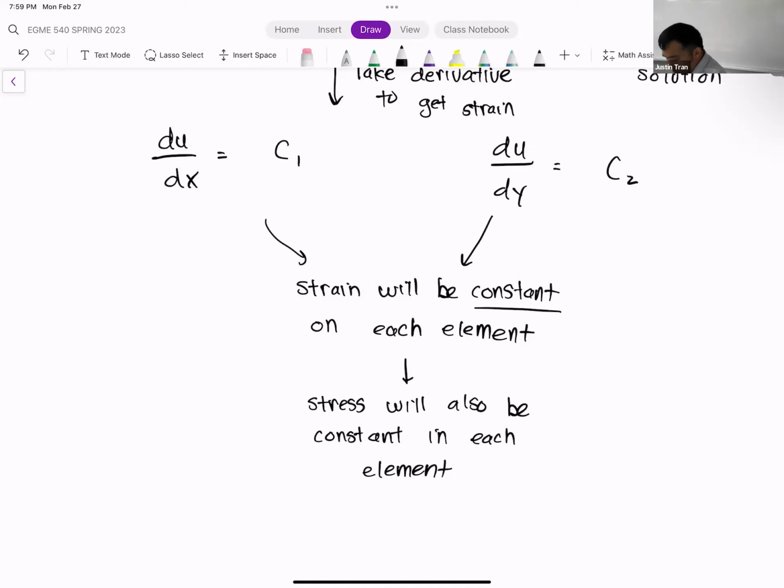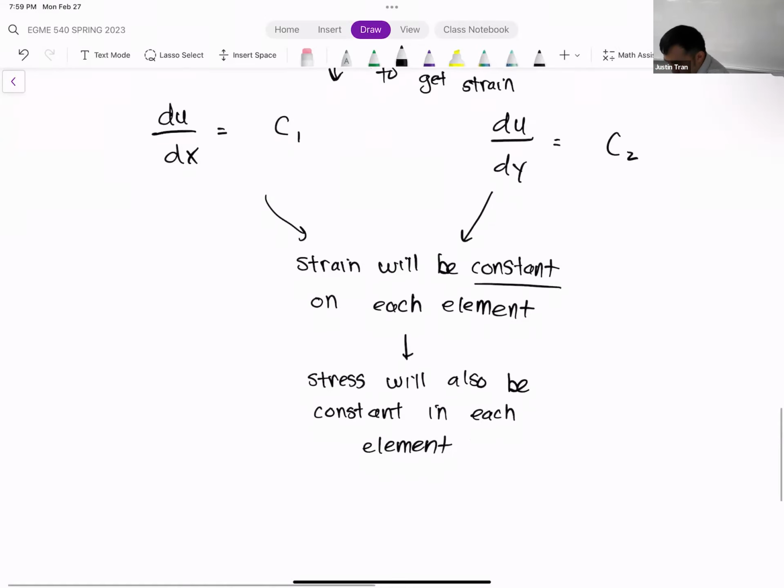And so this is where the issue starts to happen. When you start to have constant stress in the elements, then the elements can start to lock up. Okay, because the way the structural equation works is that a lot of times you have very sharp differences in stress, and those sharp differences in stress, or rapid changes in stress, are what causes the deformations to occur.